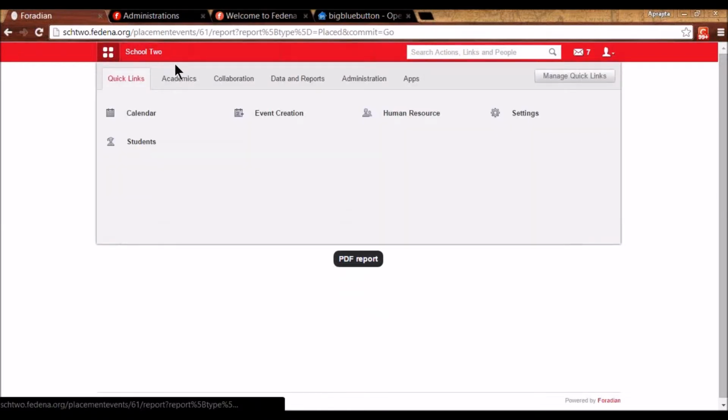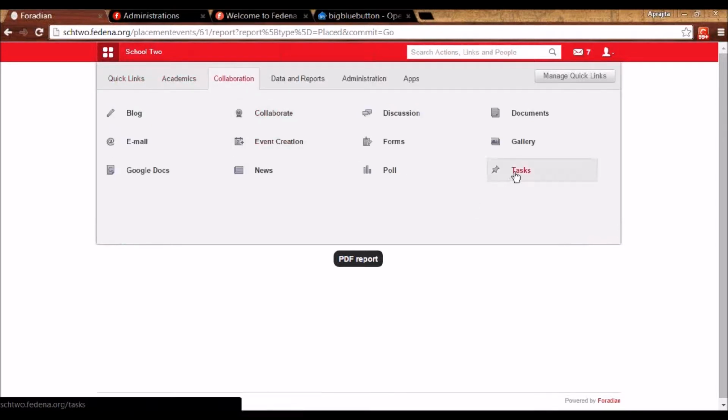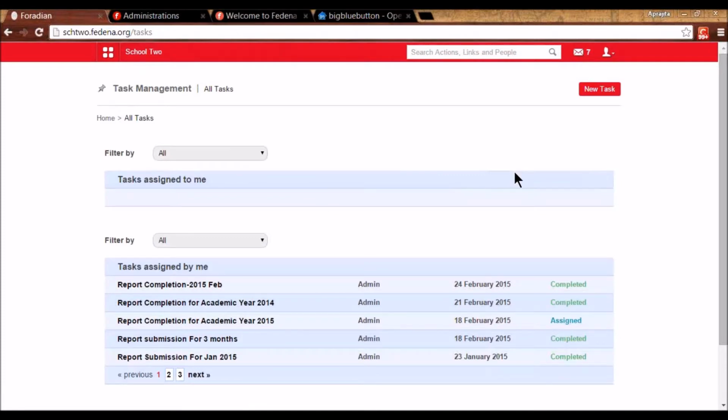Let's see the next plugin, which is tasks. So we'll go to collaboration, and we have here task. And I'll be able to create a task and assign it to the other users. And the other users can be employees or they can be students. So anyone will be able to assign a task, provided they have the task management privilege. So when they have the task management privilege, they will get this option here, new task,